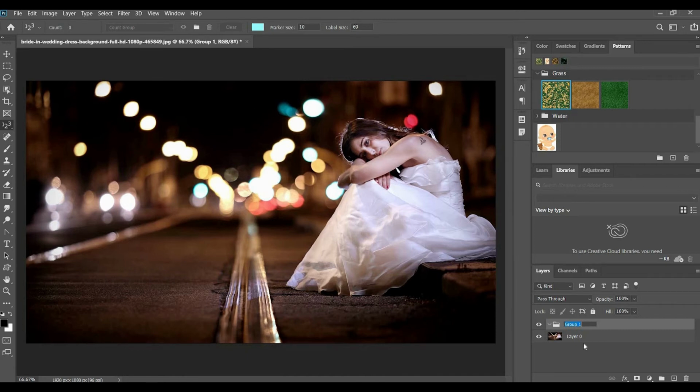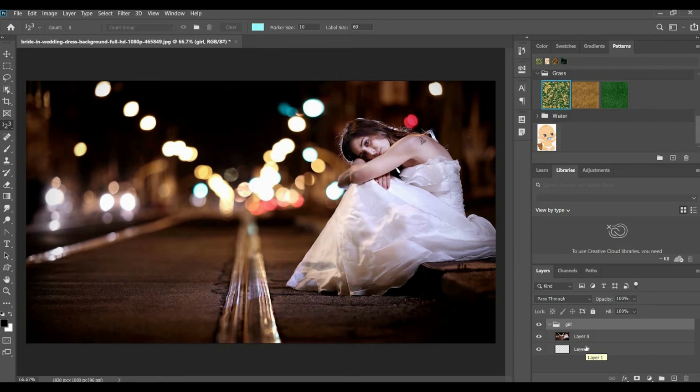Double click on it and give the name. I can create a new layer by clicking on this plus icon. So a new layer is created inside this girl folder. If I want to make this layer inside that folder, we can make it.